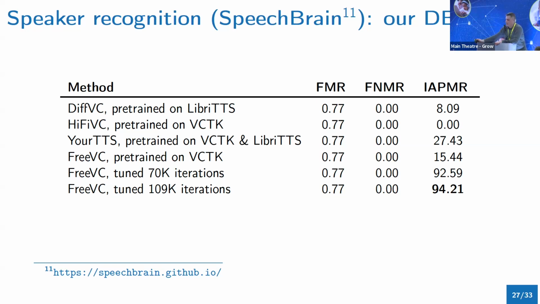There is this model called FreeVC. It's online, you can download it, but we tuned the model, which means we trained it longer, like what I did for my son and me as well. I trained it for a few hours. Then you can achieve a 94% spoof rate, which means in 94 cases out of 100, the very high-end voice recognition system will think those were the people they claim to be. They're fake, but they claim to be that person, and the system thinks, yes, true.